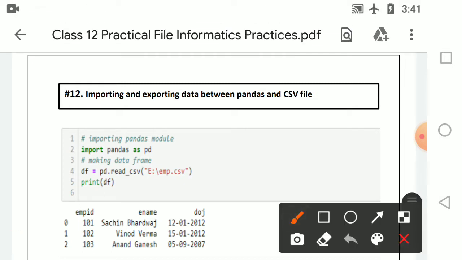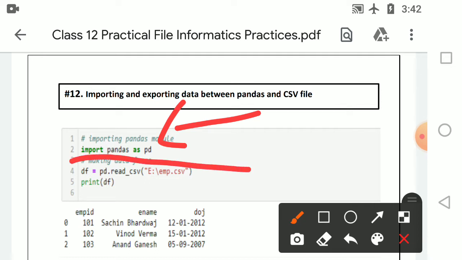So first you have to import pandas, and to create the data frame you have to just use the function pd.read_csv, where emp.csv is an already created file in Excel, or you can create it in a notepad and just save it as a .csv file.